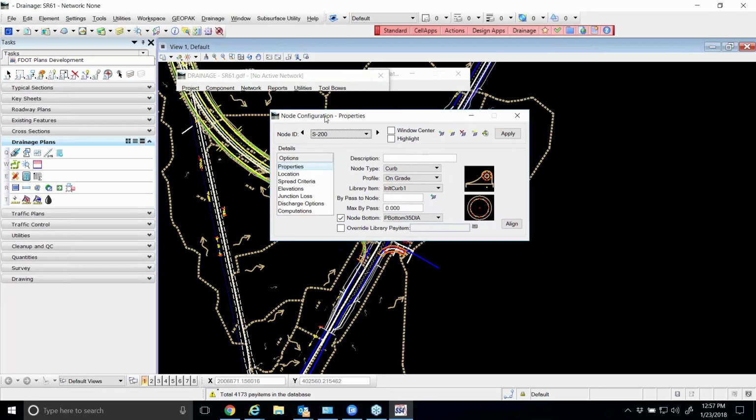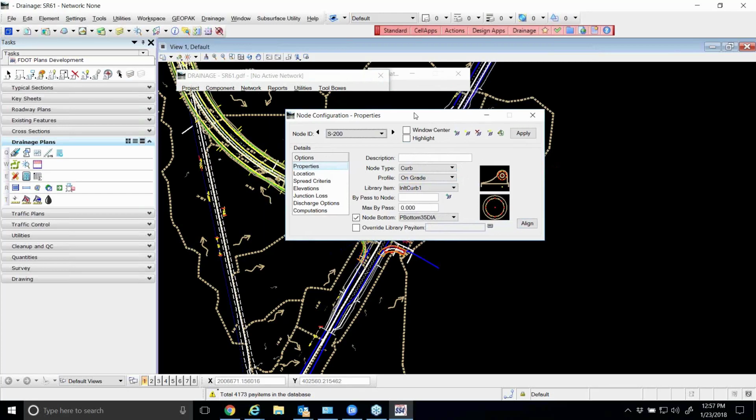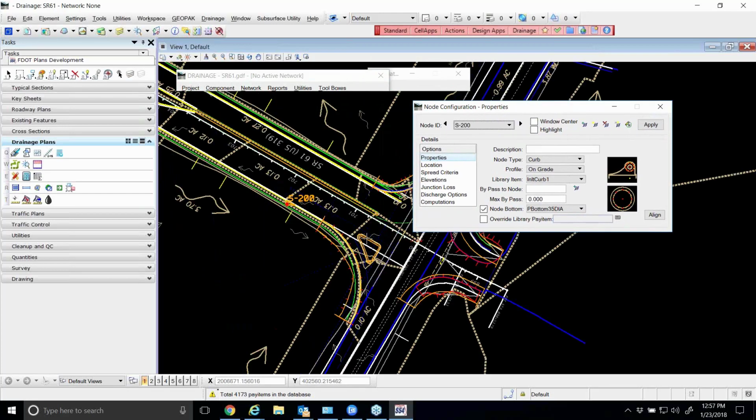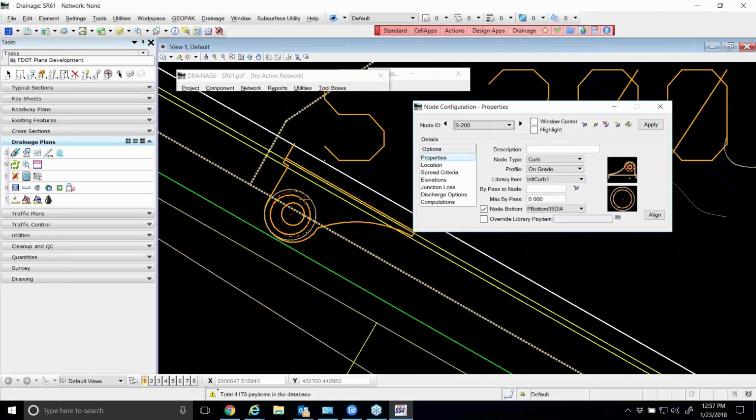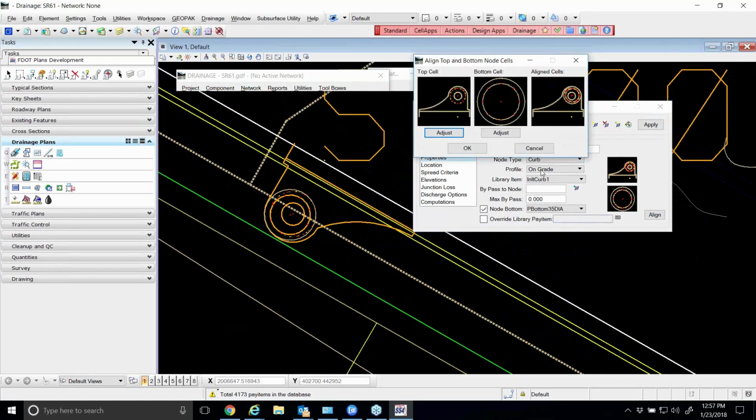All right, so we were working with this node S200. What we had set up with it so far were the properties. That's going to be what type of inlet it is or what type of node it is. We did take a quick look at the align option. When this first came in, the top and bottom were not aligned anywhere close. That's what this align option is for. Lets you adjust, click either button until it's lined up on the right-hand side, and then click OK and it'll